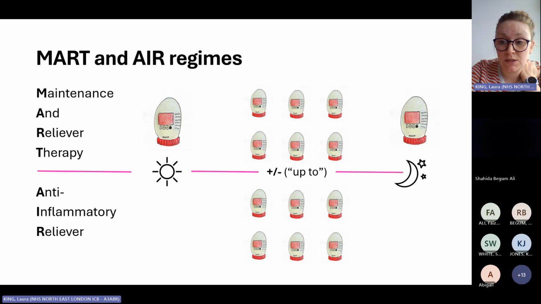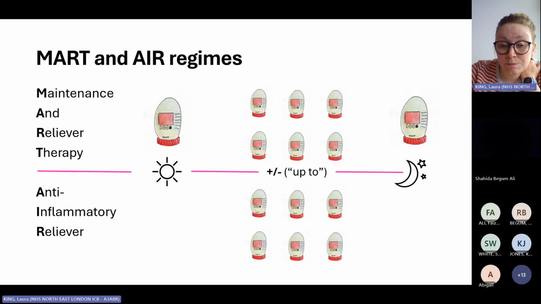So there's 120 doses in a Turbohaler. So if you're on 1 puff twice a day and not using any rescue doses, it will last 60 days. If you're on 2 puffs, it will obviously be 30. So if they are needing a device more often than that, or you're noticing that the intervals are getting smaller or they're requesting more, the chances are they're needing more rescue doses, and it's worth getting them in for review.